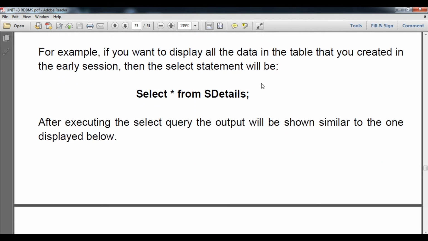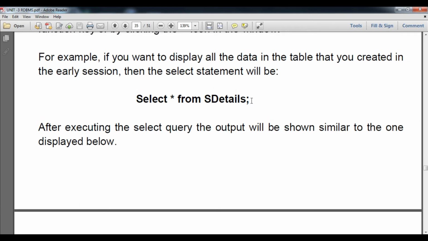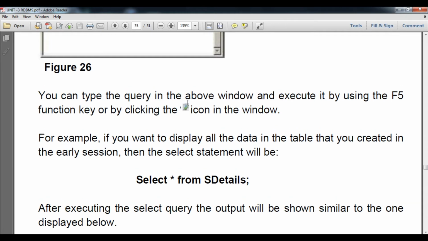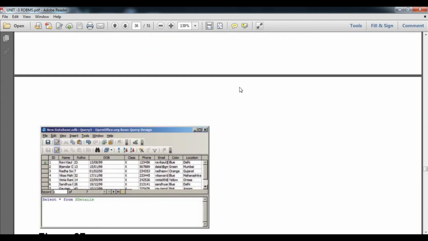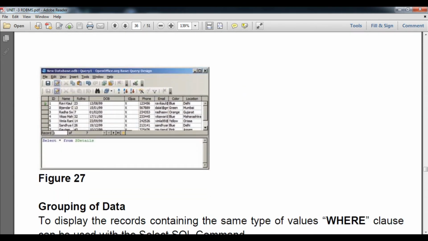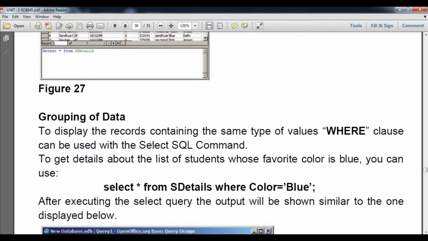Suppose our table is as detail, so here: select star from as detail, then the terminator, then press the run button. The output will appear in a graphical user interface. Suppose this is the as detail table; you can see ID, name, roll number, DOB, class, phone, email, color and location come here by just running this command, below this table.